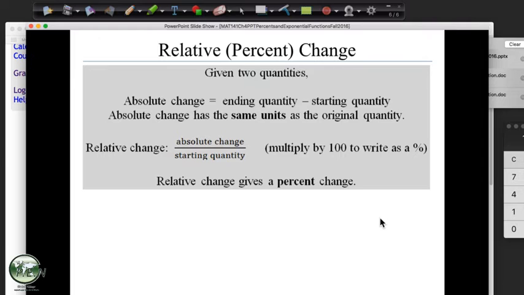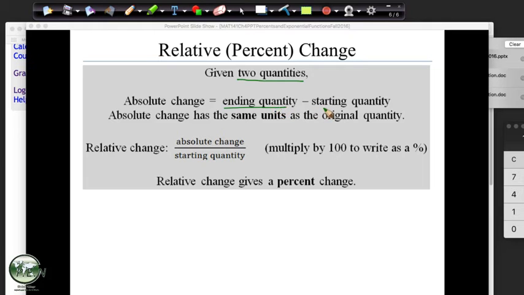Now with this one, I've seen this done in two different ways. And again, I'm going to show you one way that's sort of based upon what we did. This is relative change or percent change. There's kind of two different things we can do with these, but when we're given two quantities, we want to know the percent change from one to the other. One thing is that the change has occurred because of time. And so that's true.